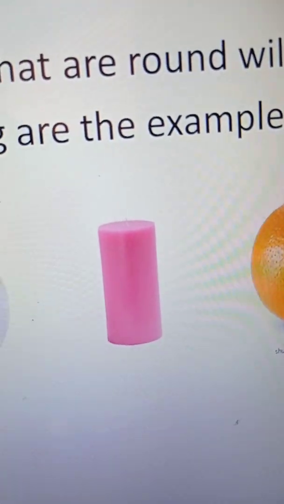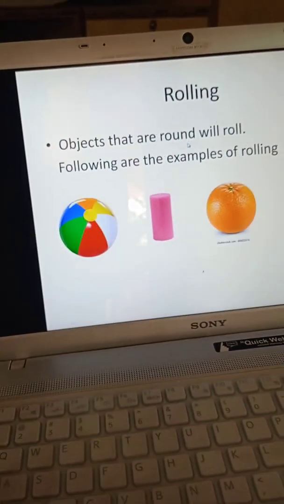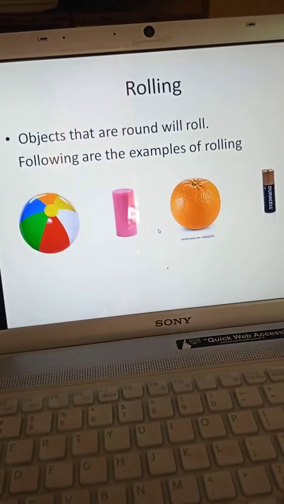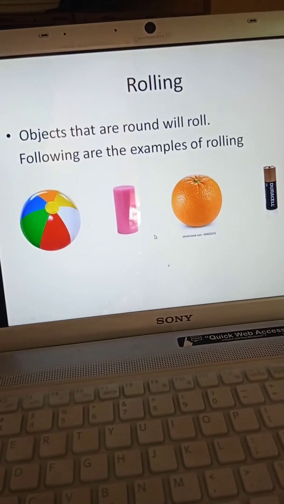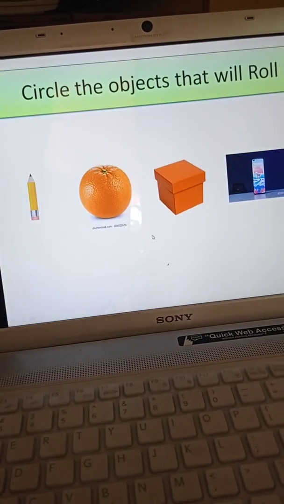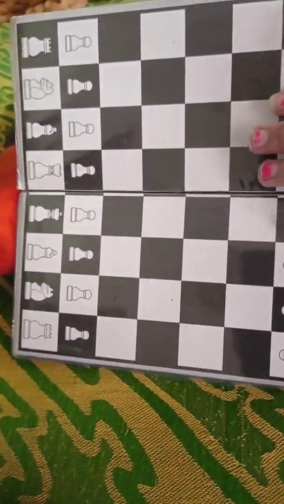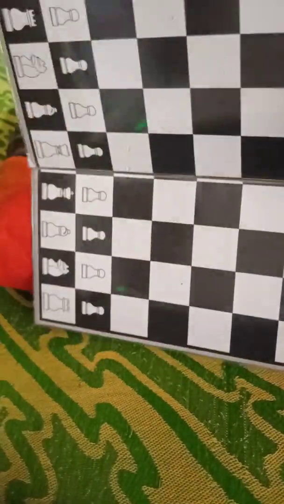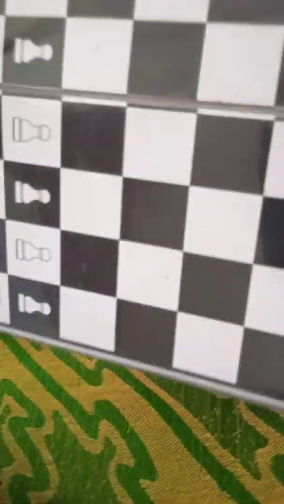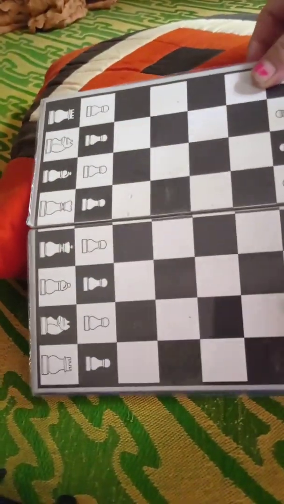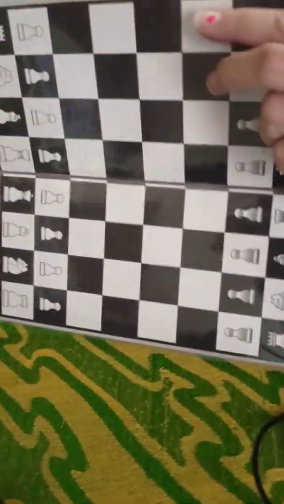Now we will do some exercise, children. Before going to the exercise, I will show you the practical demonstration of rolling and sliding. First of all, children, I am keeping this as a slide. Okay, this is my slide.